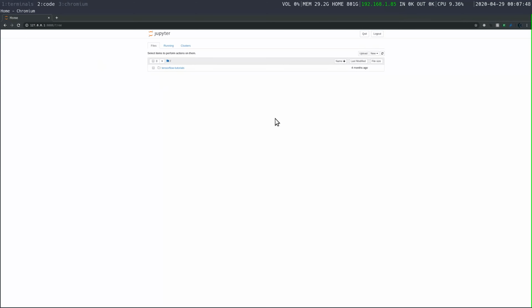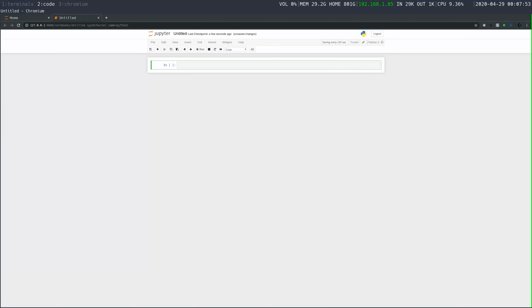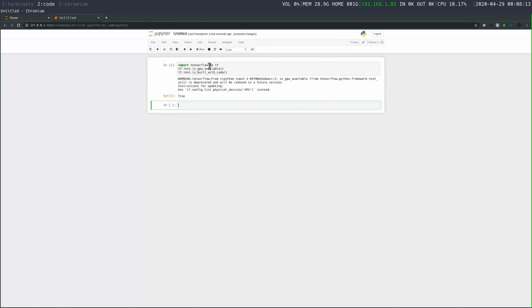Just to verify that it actually has a GPU in it, let's go ahead, make a new Python 2. And there's this really easy set of commands that you can run. It says they're deprecated. I haven't looked for new ways of running this, but basically just TensorFlow. There's the test is GPU available and is built with CUDA. And we can run those. And we're going to get the warning for deprecation, but we also get that we have a GPU is available and is built with CUDA. So,